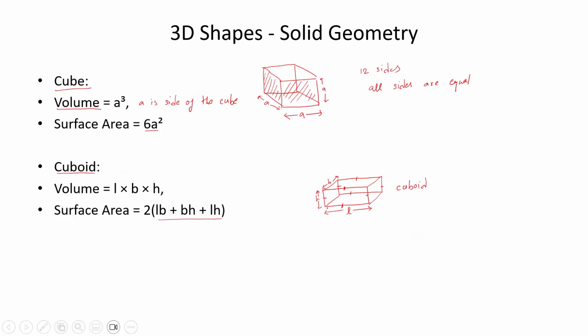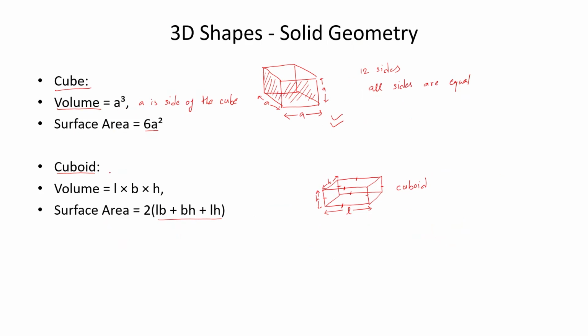Now the first shape is the cube. A cube looks like this shape. You can see over here, this is a cube. What is a cube? You can get the idea, but here all sides of a cube are equal. So this side is A, this side is A, this side is A. All sides are equal. That is a cube. And if the side is given, you can compute volume using this formula